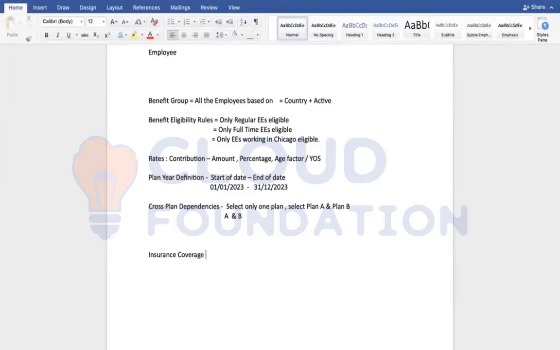Coverage will be flat, like 10% on total base pay. This is one example: just 10% of the employee salary, and on top of that 10% will be calculated. Or the insurance coverage could be a flat amount, like a thousand US dollars per month. Or the coverage will be something like this: